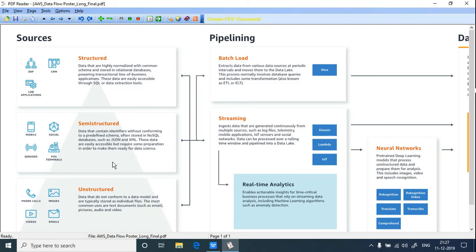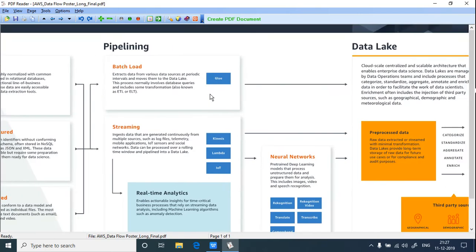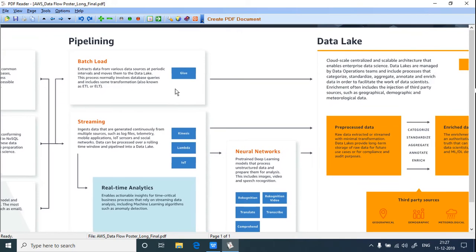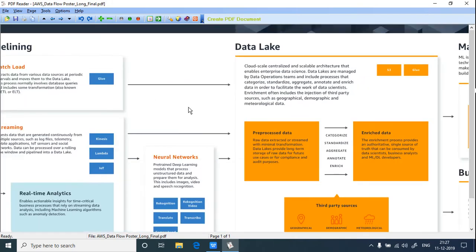In this poster, the sources are structured data. Somebody might be pulling the data into the staging area using the pipelining services, and there can be batch load. Obviously, the sequence of activities is connected through the ETL process, as it is a kind of batch load only. Then once it is ready, it will go to the upstream systems, like the AWS data lake service.